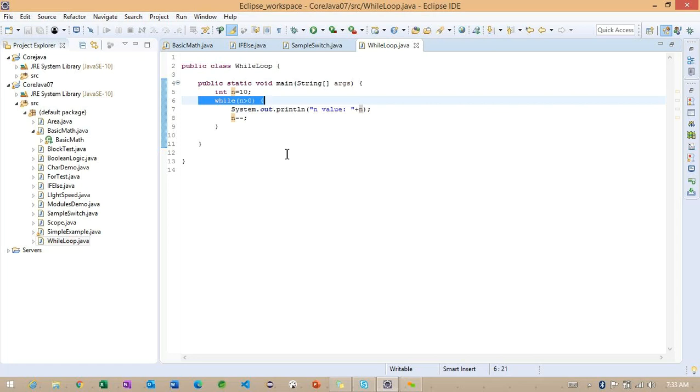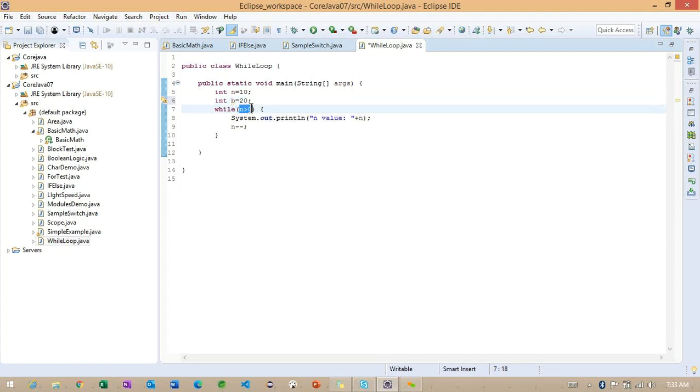If you want to make one more simple example, instead of this particular n, sorry, I can use n greater than b.